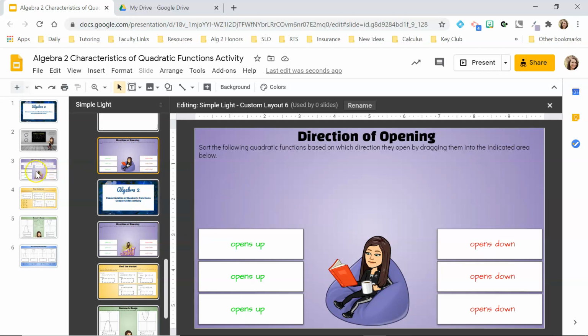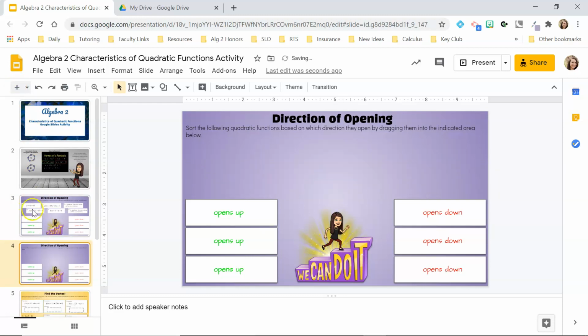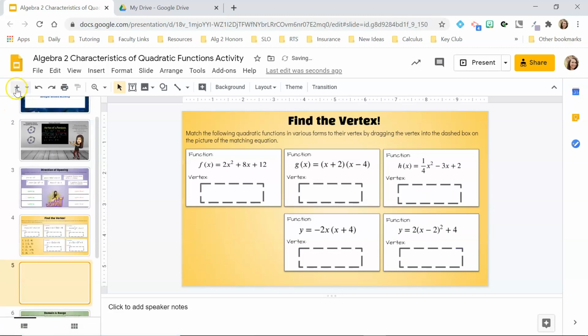I can just easily go in here quickly and change it. So now I'm going to click back over here to get back out of my master view. And instead of adding a new slide, if I just click add a new slide, it's going to add a new slide using whatever template for the page I'm on. So for instance, that one, it just made a new purple one. If I'm on the yellow one, it's going to add another slide with that same exact layout as the slide